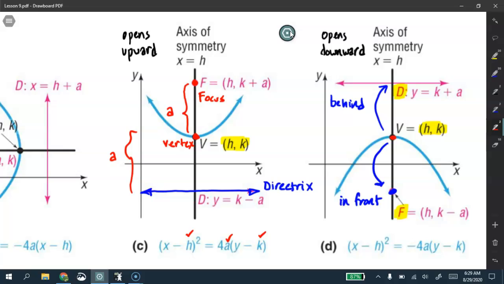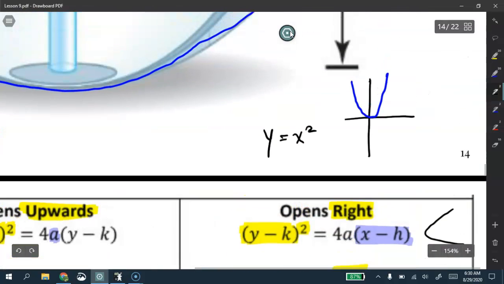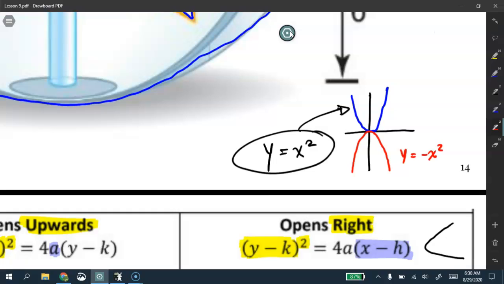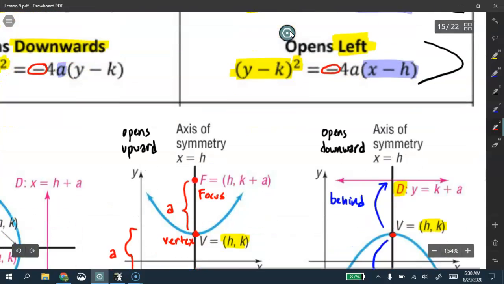Now, the only thing to remember is there's a negative sign in front of this formula. And if it helps for you to make that connection, then please do so. Recall when we learned parabolas, this was the equation of such a parabola. But if you were to take the parabola and reflect it over the x-axis, recall that this is a transformation where you're basically flipping over the x-axis. So you change the sign on the y. And that's where we got the negative sign from, by the way. Okay? All right, now,